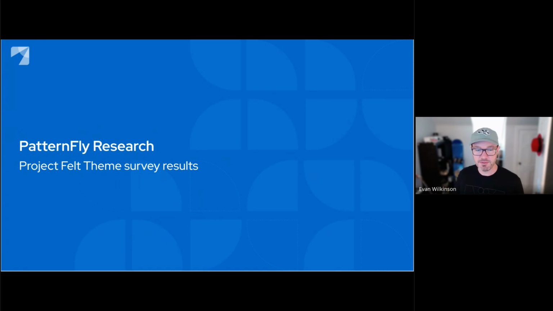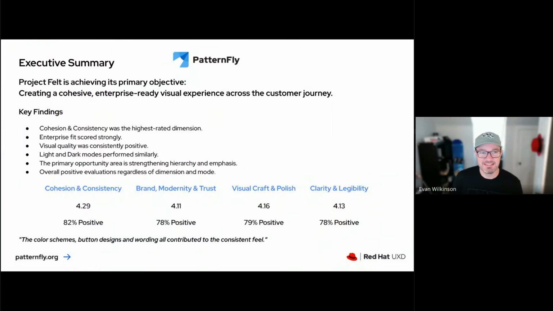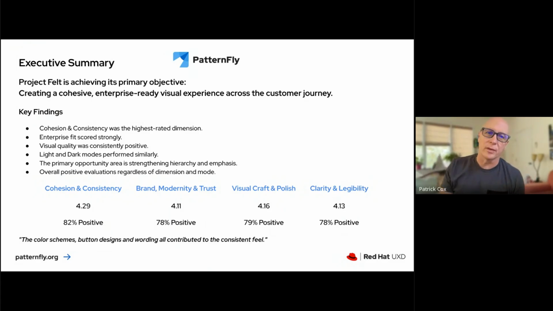And speaking of research, we've got Pat with some results on the project felt theme survey results. Left you a couple minutes here, Pat. Yeah, thanks, Evan. It's no big deal. All the high level stuff is on this slide, and I will speak to a lot of the background stuff on this slide, so we don't have to go through all the slides. So all that said,